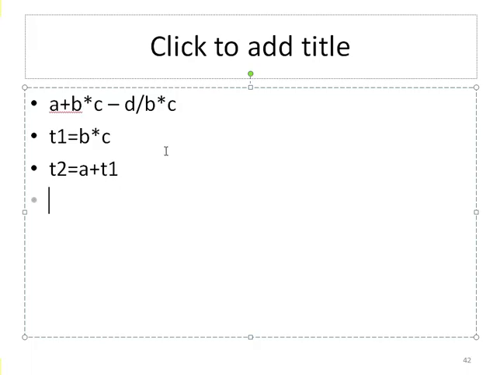And the next is calculating another product. So T3 can be assigned the product B times C. Again, this is three-address representation, and another is just the temporary variable